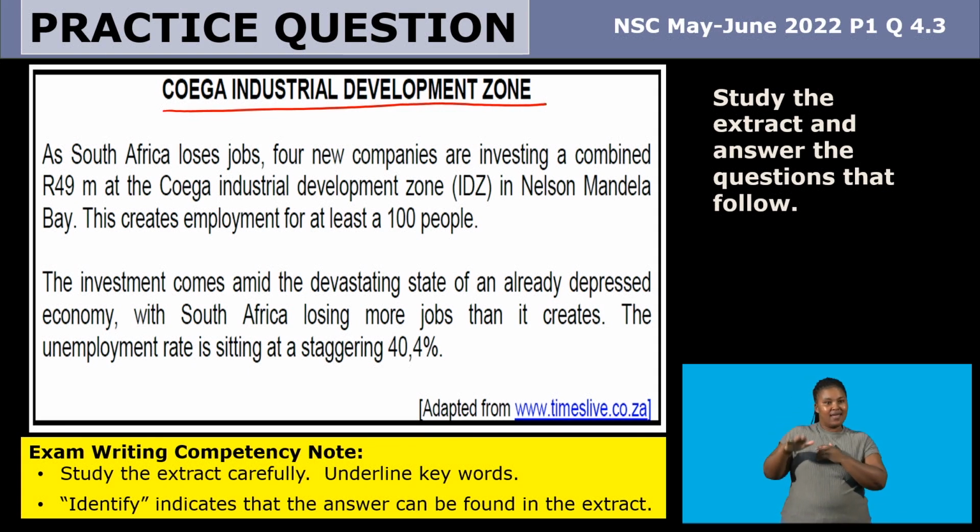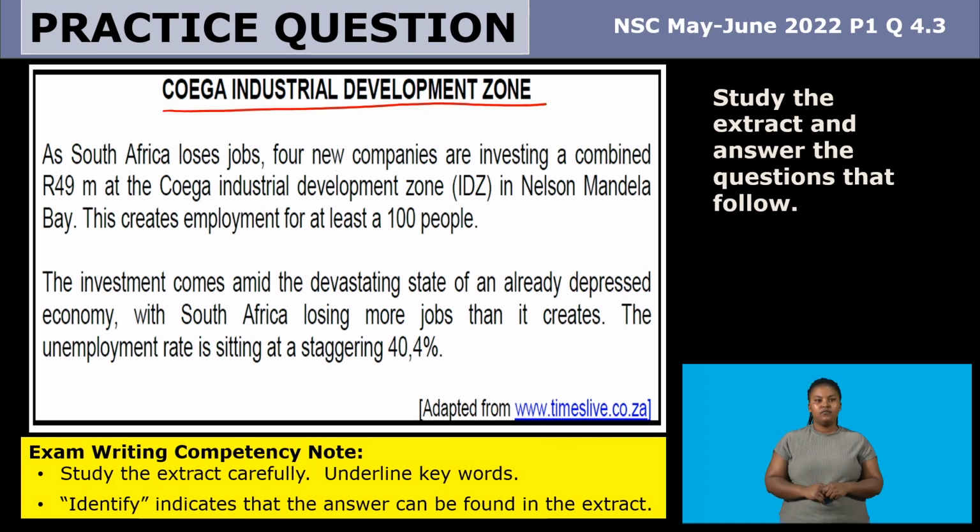This creates employment for at least 100 people. The investment comes amid the devastating state of an already depressed economy, with South Africa losing more jobs than it creates. The unemployment rate is sitting at a staggering